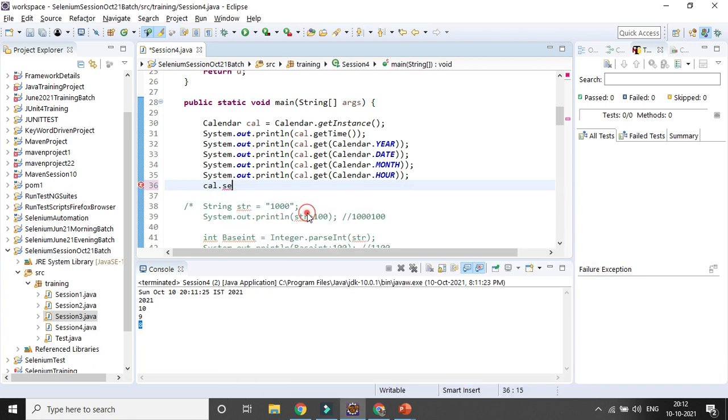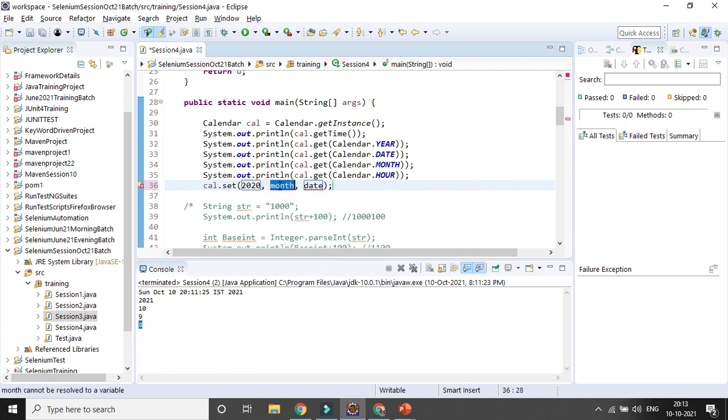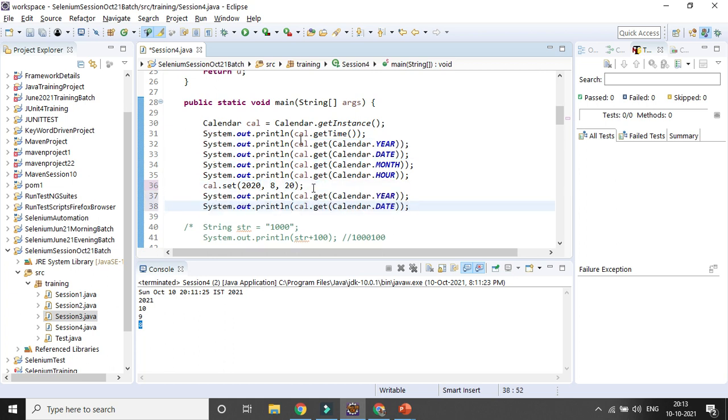Suppose I want to set 2020, the month as 8, and date 20. Let's see after the set is done.